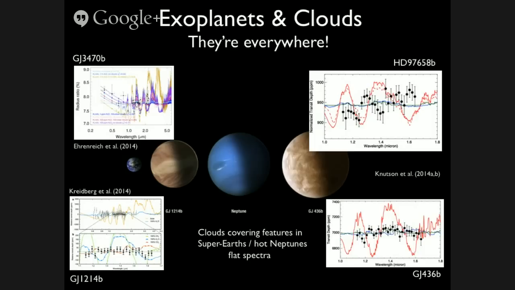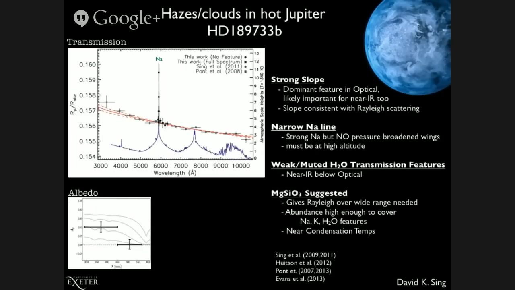For the hot Jupiters, we've had evidence of clouds and hazes for probably about 7 years, and this is HD 189733b. This is our best characterized transiting extrasolar planet, and there's evidence for haze in this one, so I just wanted to highlight the reasons why we think this is. One is, here's the transmission spectrum, and normal cloud-free models give you this, the bottom shape here,